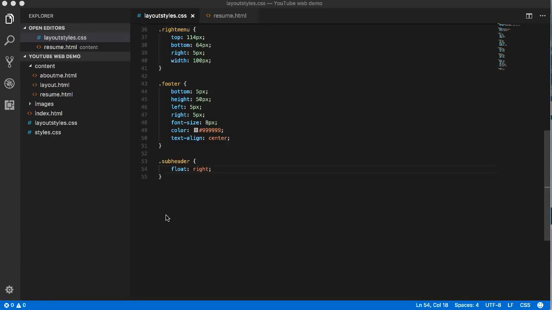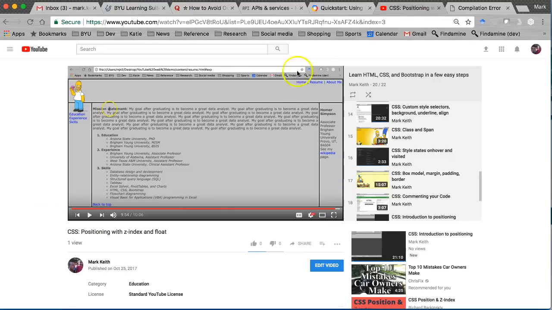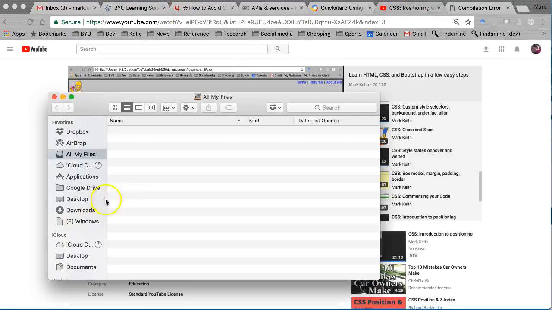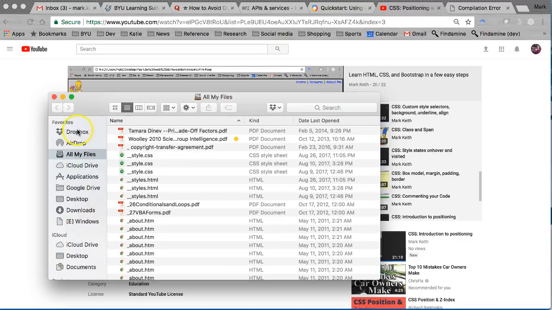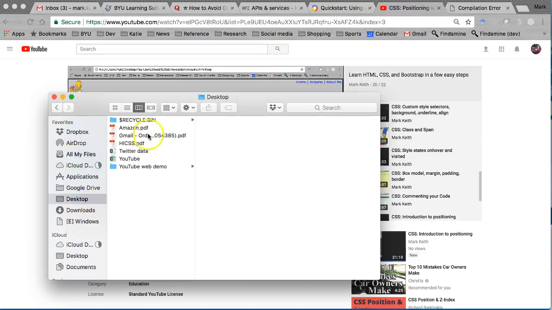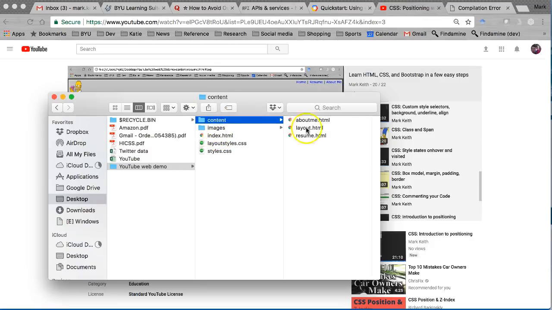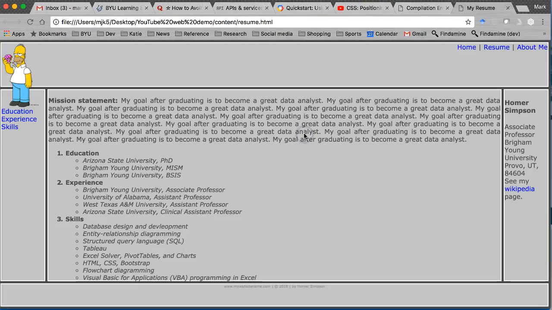Okay, one more technique I want to show you here. Let me take you back to the web page. Actually, that's not it. That's the YouTube video of it. Let me go back to desktop YouTube. Let's pull up, I think we're just looking at resume. Okay, so what I want to show you is how this footer will behave when our